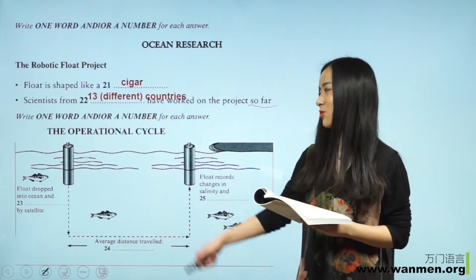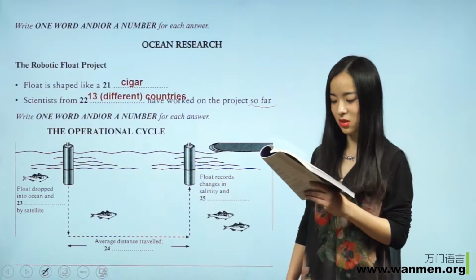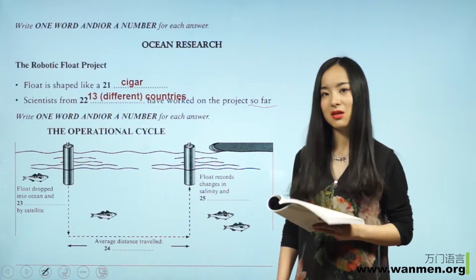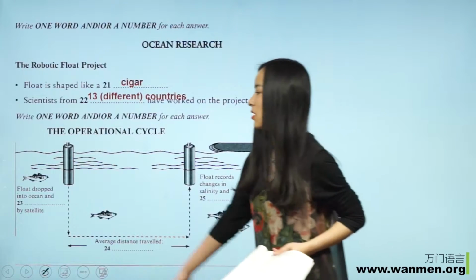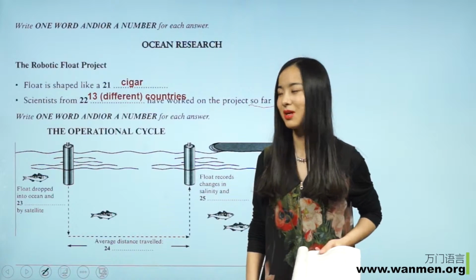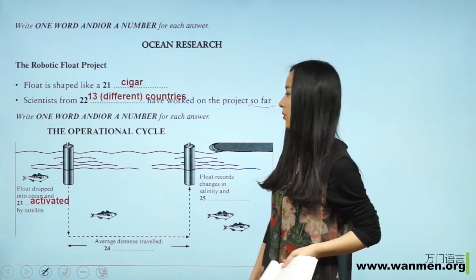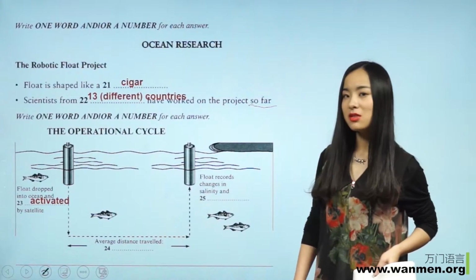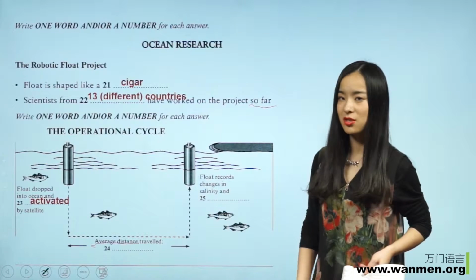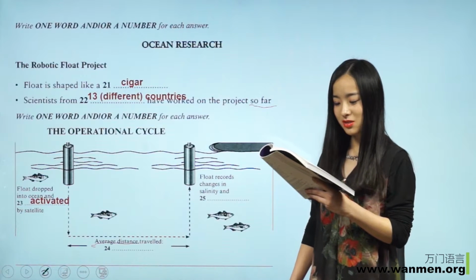how floats work. 那么就转到这道流程图。The operational cycle goes like this. Each of the floats is dropped in the ocean from a boat at a set point and activated from a satellite. 出现了 activated，并且通过刚刚的预测，应该预测到23题需要的是一个动词，那么这个动词就是刚刚我们听到的 activated，激活，被激活。接下来24题，这边的关键信息在于 average distance，一定要听到 average 这个词，不是总的距离，而是 average。好，来听一下。During this time,